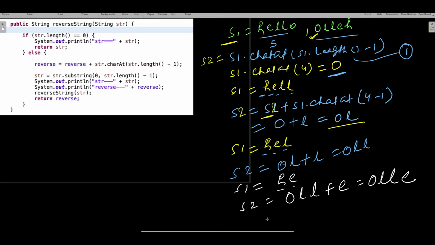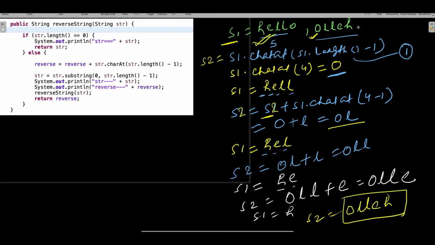Then when s1 becomes H, the length is 1, 1 minus 1 is equal to 0. So s2 is equal to OLLE and H, and this is the output. So this was the input and this was the output.